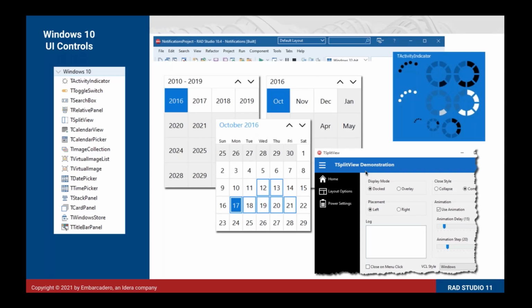Over the last few releases, a number of these components have been added over time, from the calendar controls and the pickers, to the title bar, which is a new thing within Windows 11 as well. That's been around since 10.4 with us, with the ability to put controls up on the actual title bar. This is quite often used now as a way to add search or common links to things within the application.